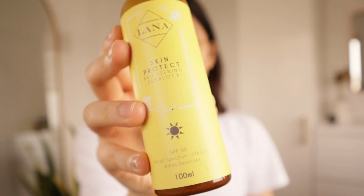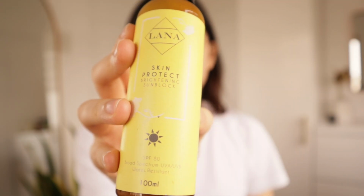Next, always sunblock, sunscreen, I don't know how you call it. This is the Lana Skin Protect Brightening Sunblock. It's SPF 80. I actually did review this before. I actually like this, because I've had it for quite a while, and it's the only one I have. I used to hate putting on sunscreen because, first of all, sunscreen does tend to be a little heavy,